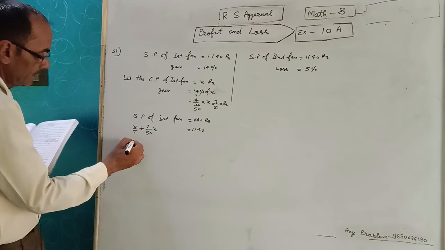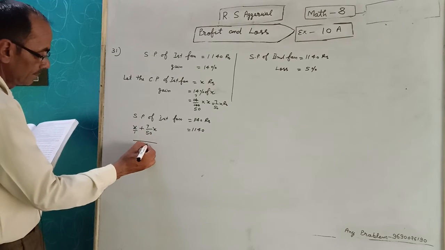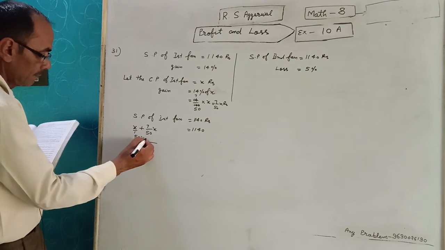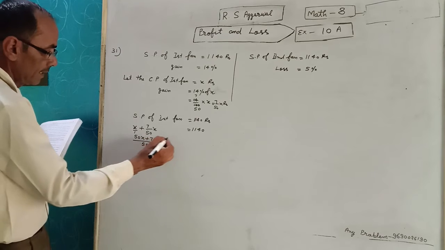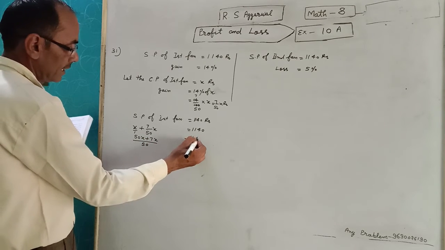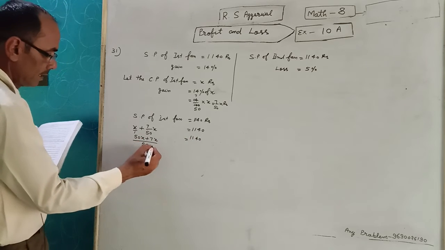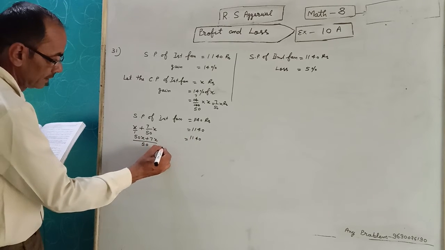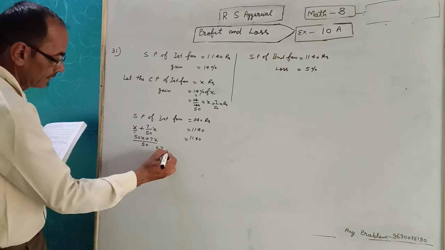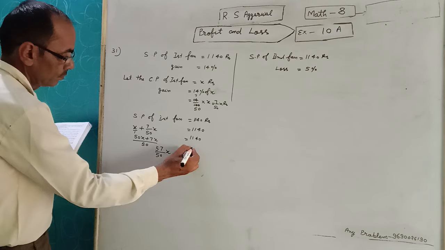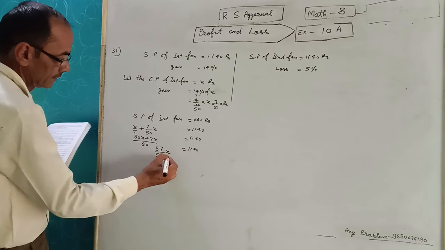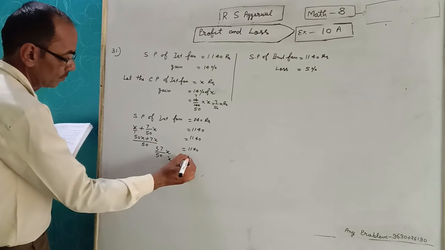Write X upon 1, take the LCM. LCM is 50. 50x plus 7x equal 1140. After plus, 50 plus 7, 57 upon 50x is equal to 1140. Then x is equal to